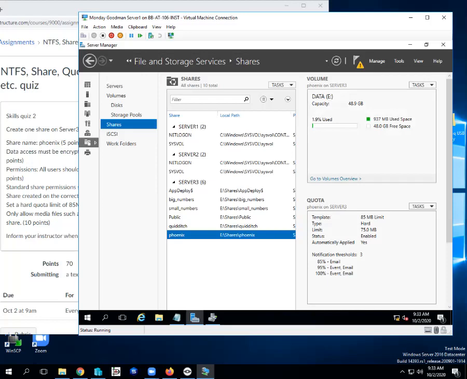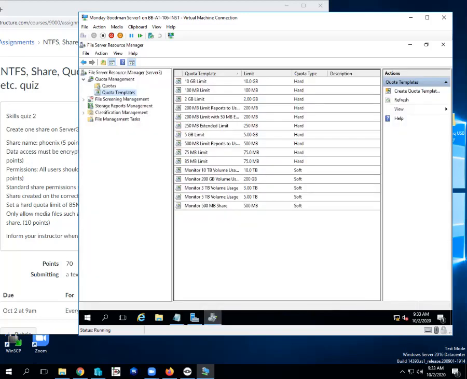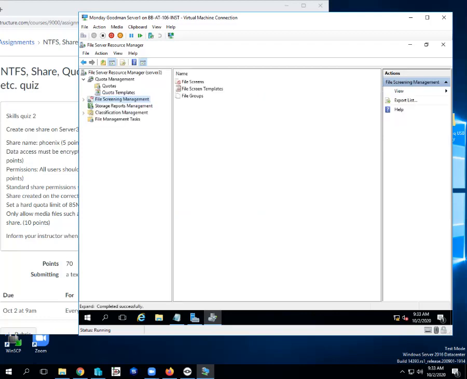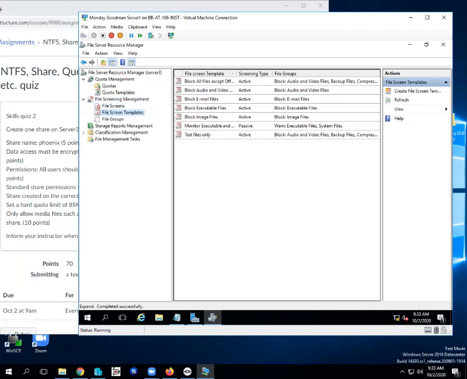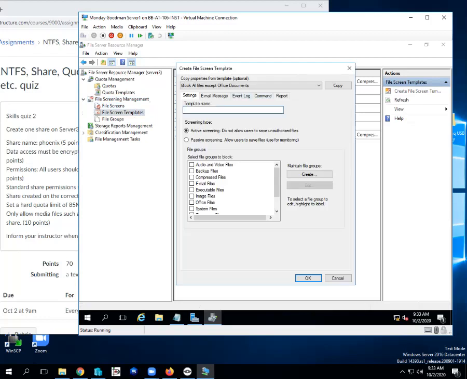The last step, we only want to allow media files. I need to create a file screen. I need to create a new template. I'm going to create a new file screen template, and I'll name it allow only media files.